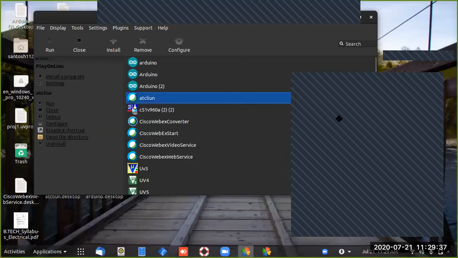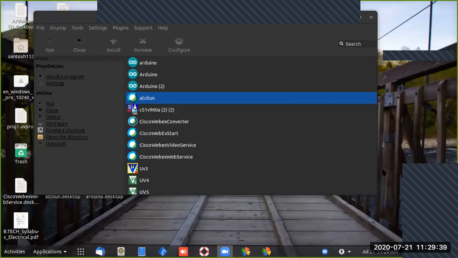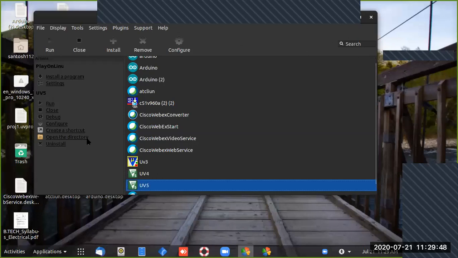So I'm showing you how to operate this on Linux. So I want to open that Keil Microvision 5. So here it is. You also open Keil at your desktop.